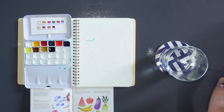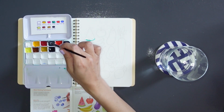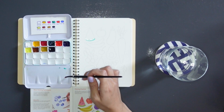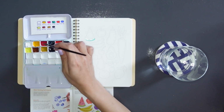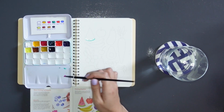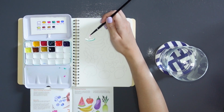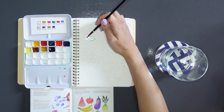And then I'm gonna get this pink color. Let's see, that looks pretty good. I think I'll try this pink on here. Let's see how light it is. Oh yeah, that's pretty good, I think. All right, let's